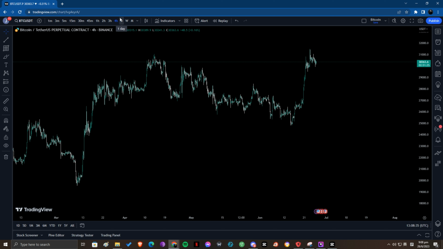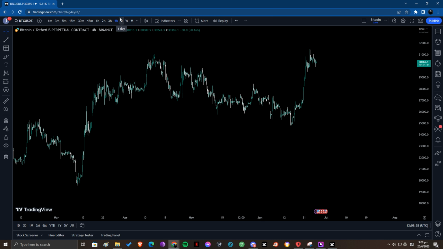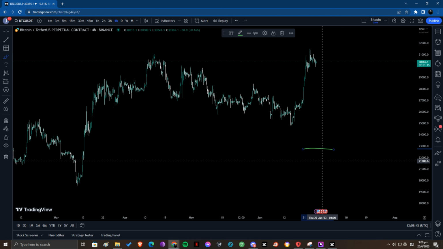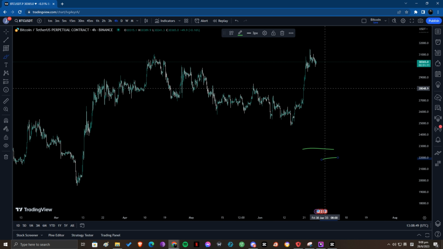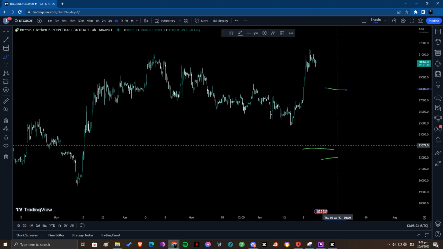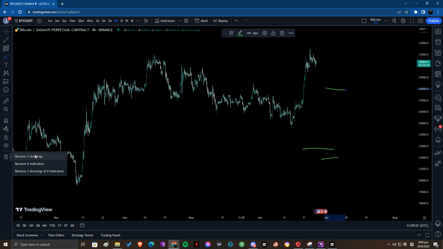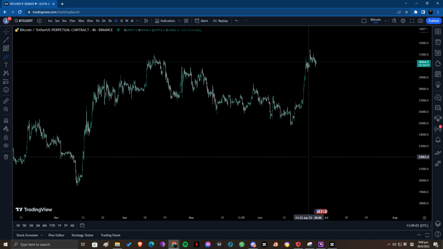Okay, so the final tip and trick is to test the waters. Test how the order block reacts. Sometimes we put a limit order here and we put a stop loss. The stop loss is usually right below the order block and we take profit higher. And often we do something like that, we put a limit and the next day we wake up, the stop loss gets triggered. But of course, if you pick the right order block, things like that don't happen often. But if you want to be a bit more assured, you can actually test the waters.